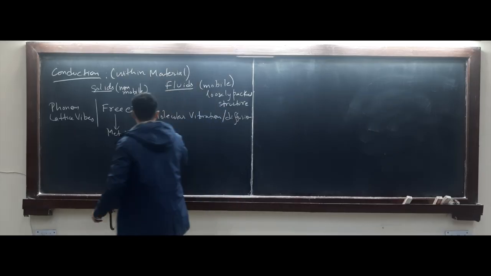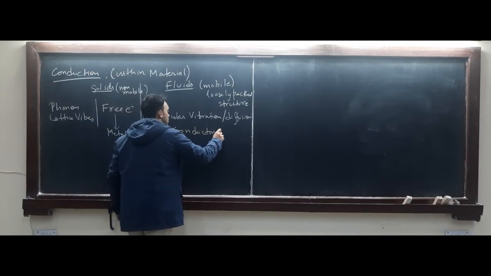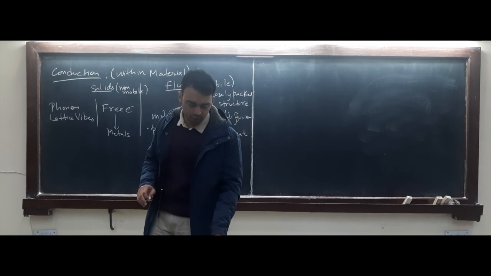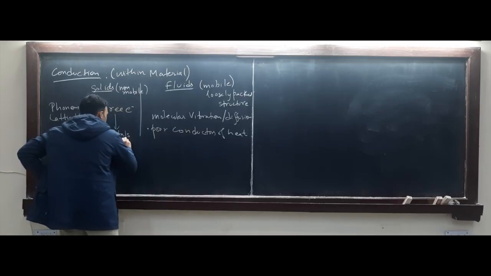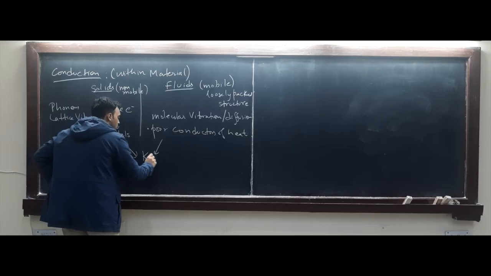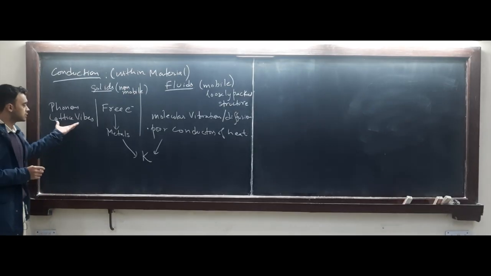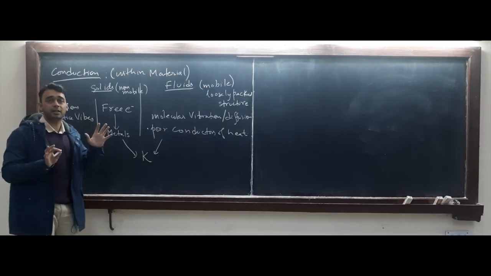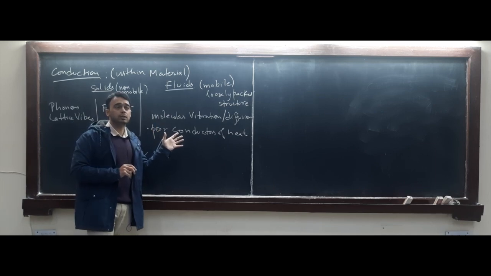In general, liquids are quite poor conductors of heat. The sole conduction mechanism is quite poor in liquids. But in both cases, for solids and fluids, for the purposes of this course, we can lump these properties into a parameter, conductivity. Conductivity will be slightly better for metals, for non-metals it will be slightly lower in general, except the case of diamond. And for fluids, you will have fairly low thermal conductivity.